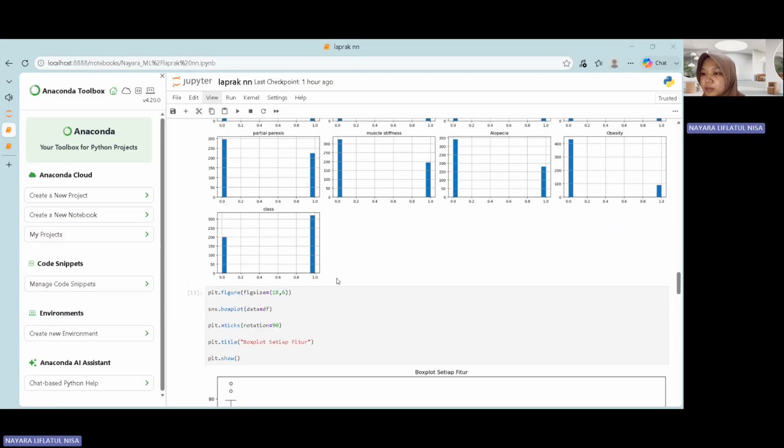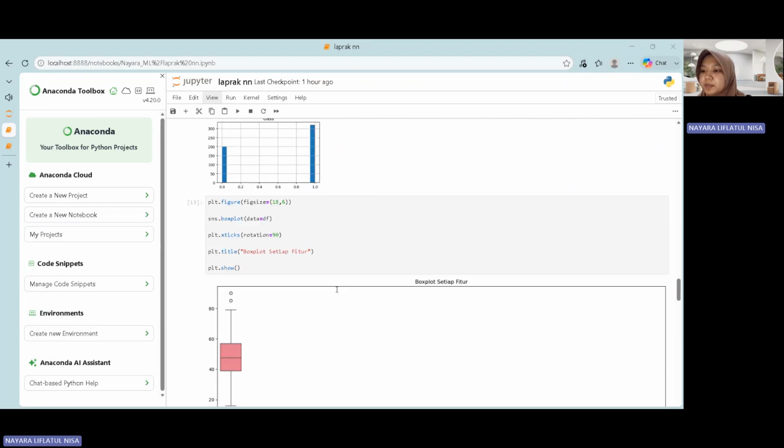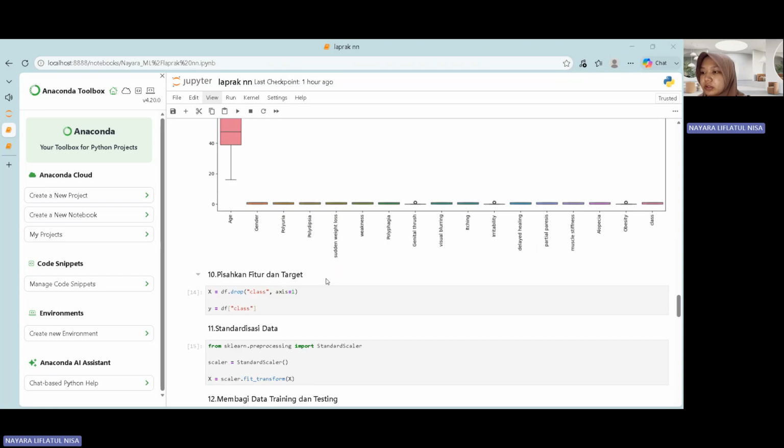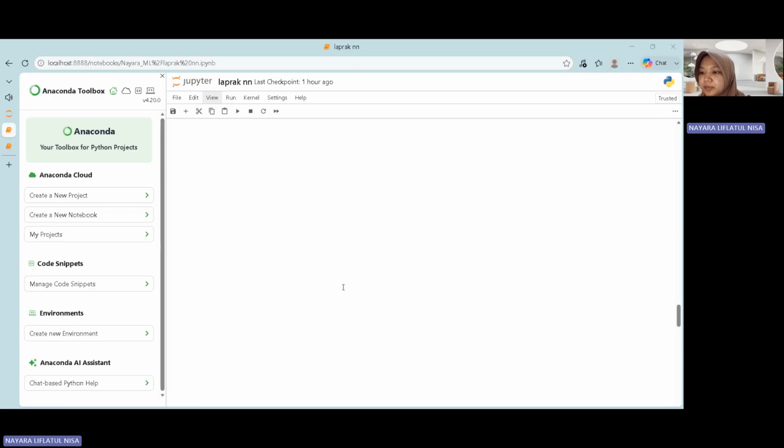This process is important because neural networks generally perform better when the input features have similar scales. The dataset was divided into training data and testing data using a ratio of 70% for training and 30% for testing. I also use stratified sampling to maintain the original class distribution in both datasets.